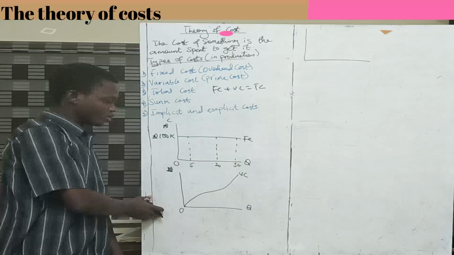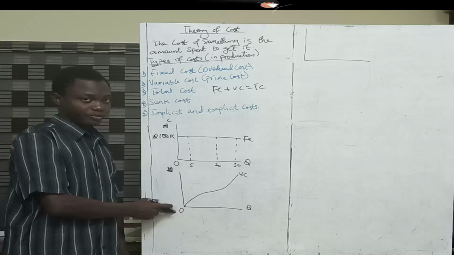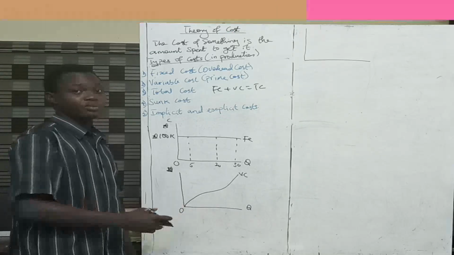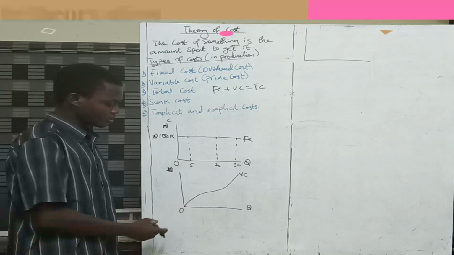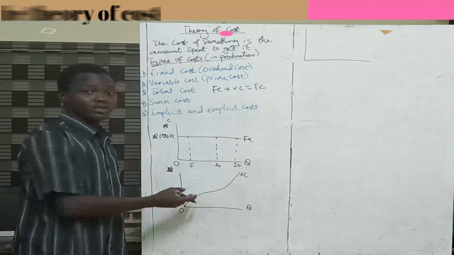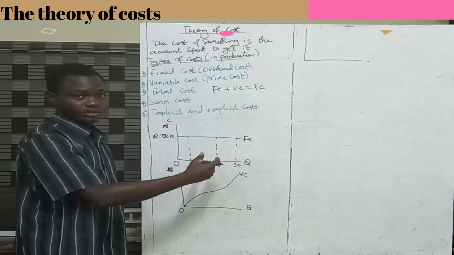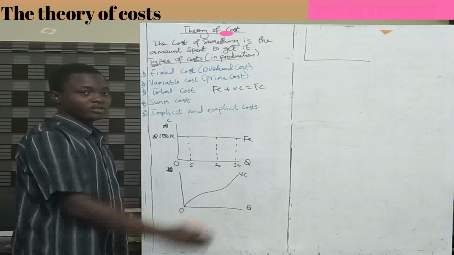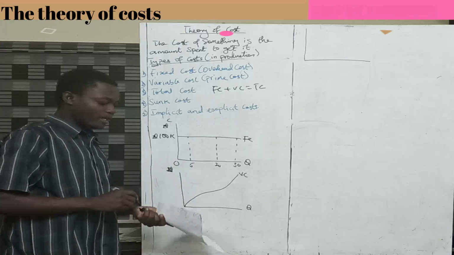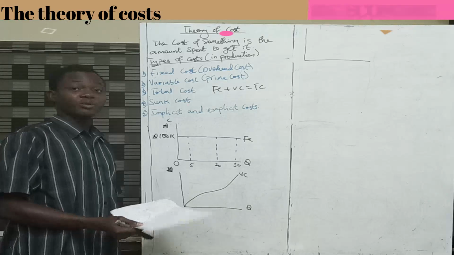So now this is the variable cost, right? You can see that the first thing is it starts from zero. If you're not producing anything, you're not incurring the variable cost, then it begins to rise. At first it rises gently, all right. Later it changes its shape or its slope, and then it begins to rise in a steep way. Why this is like that is due to the law of variable proportions.